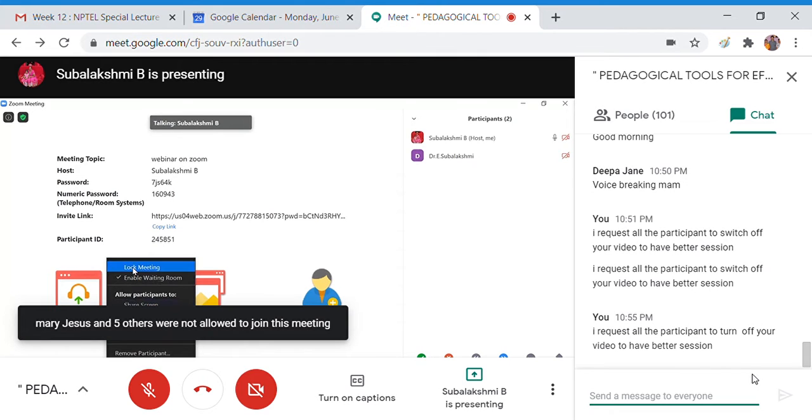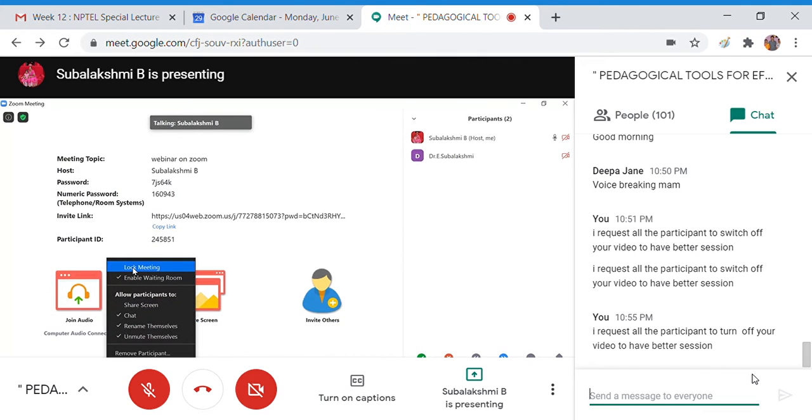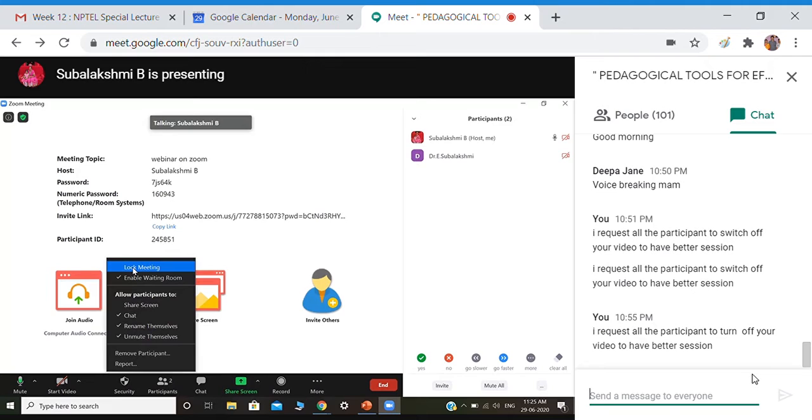Next, we are going to discuss the basic features of Zoom meeting here. So first we have the lock meeting. So what is lock meeting? In our regular classes, in the offline classes, once we start the class, we allow the students for certain time. After that time, we don't allow the students to enter our class. Similar way, we can lock the meeting. Lock the meeting means that once you do it, no participants can join the meeting.